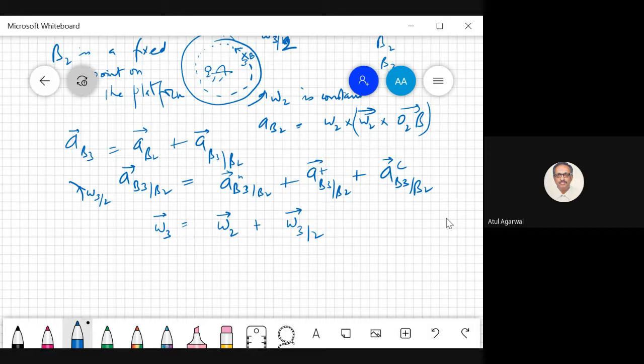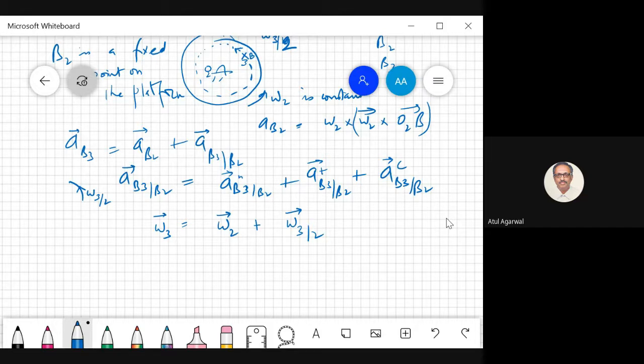If your observer is rotating with the platform, what will be the angular velocity of that person who is rotating? 3 with respect to 2. What is the absolute angular velocity of that person? Somebody is running on this platform called particle B. So his angular velocity will be angular velocity of the platform plus that relative angular velocity. Is it not? Okay, sir. Yes, sir. If he was fixed to the platform, this would have been 0, omega 3 by 2. Now he is not fixed with the platform, he is also running on the rotating platform.